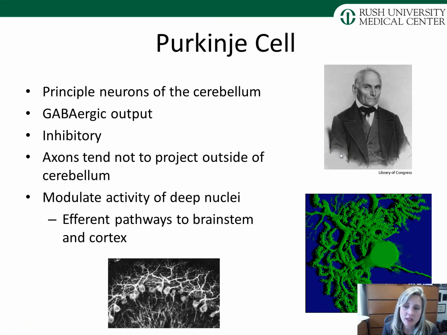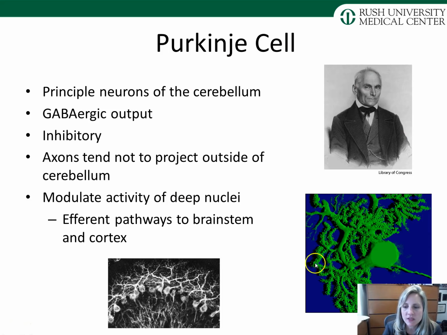Purkinje, so the cell was named after him. We're doing this less, but again, hopefully this will help you remember where it's coming from. This is an inhibitory cell, and the thing about the Purkinje cell is that the axons do not project outside of the cerebellum. The cells do modulate the activity of the deep nuclei, and they form efferent pathways to the brainstem